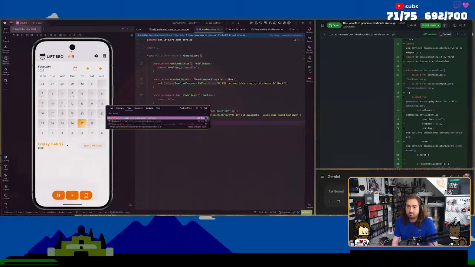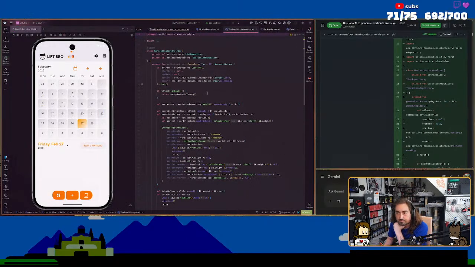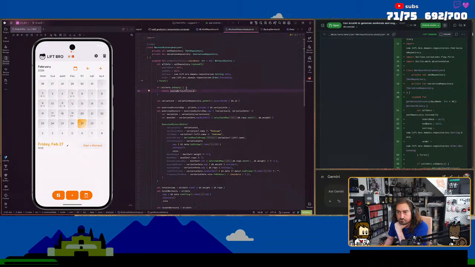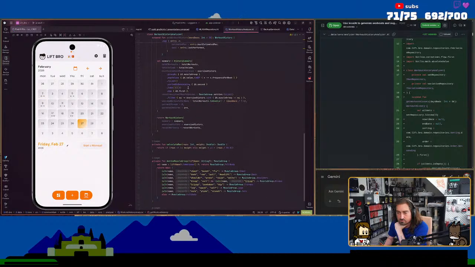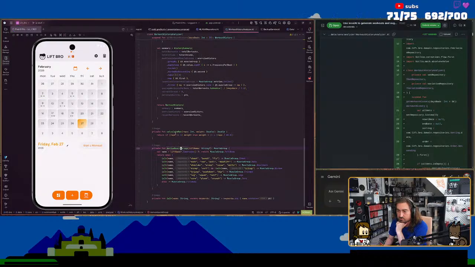what was this? No, this is disgusting. This is not going to work for localization whatsoever.